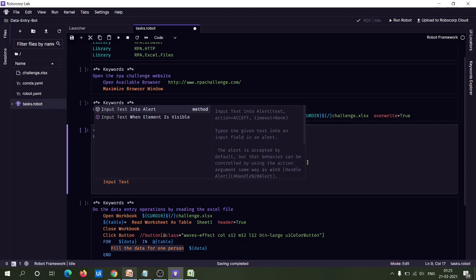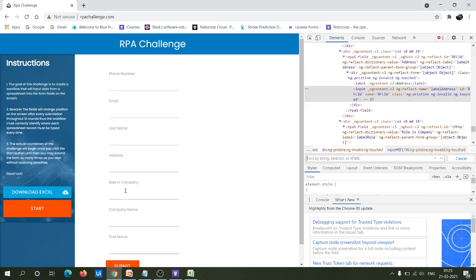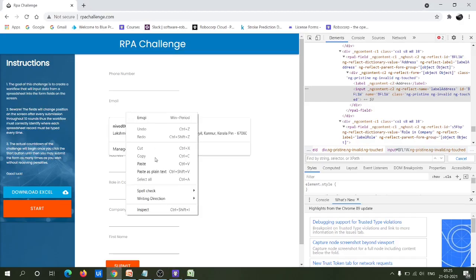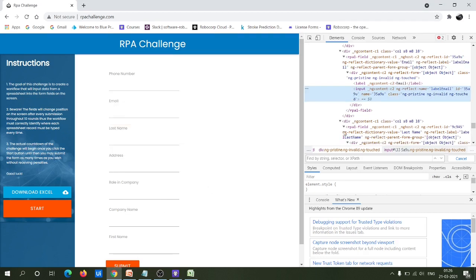So now you have to specify the locator for email. So locator, let me copy this attribute, because this attribute is actually common or unique. Actually, that's why I'm taking this ng-reflect-name attribute for all the input fields.